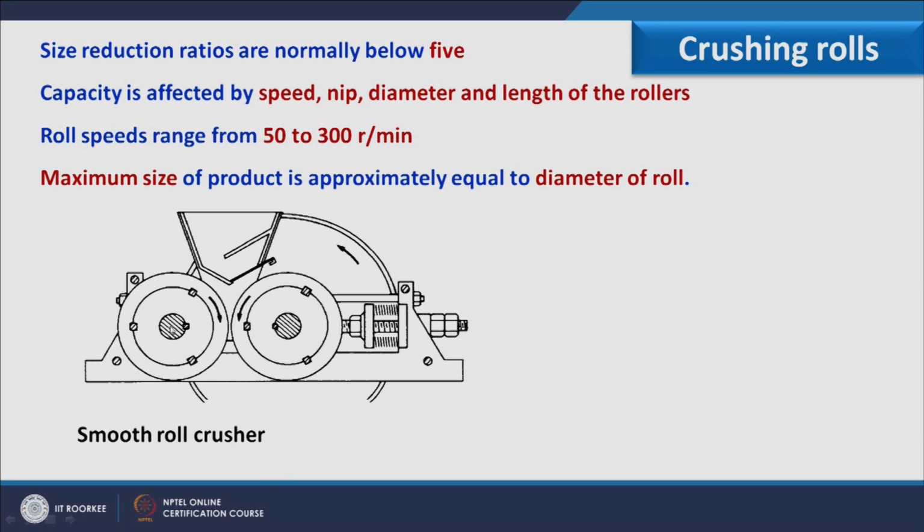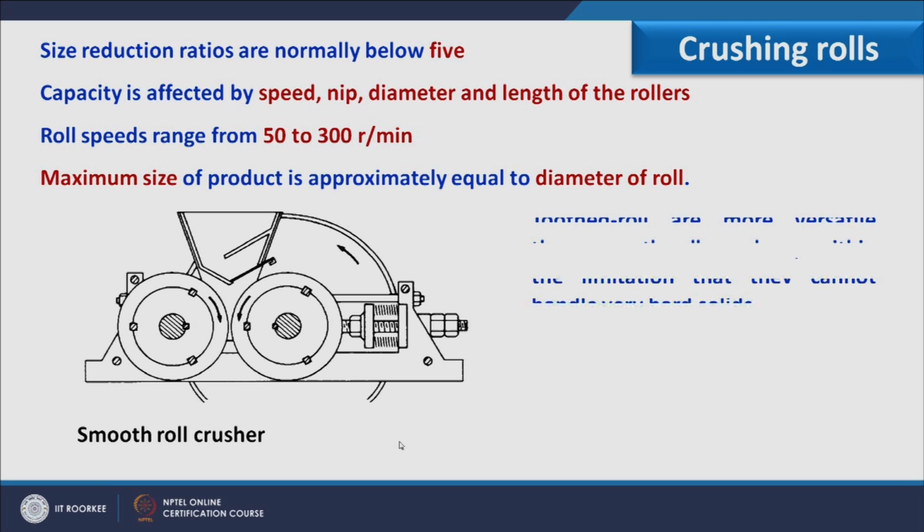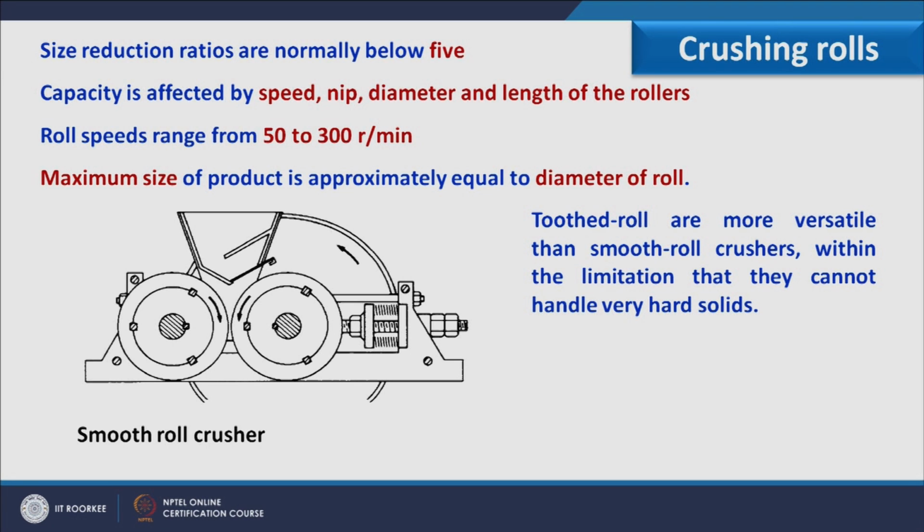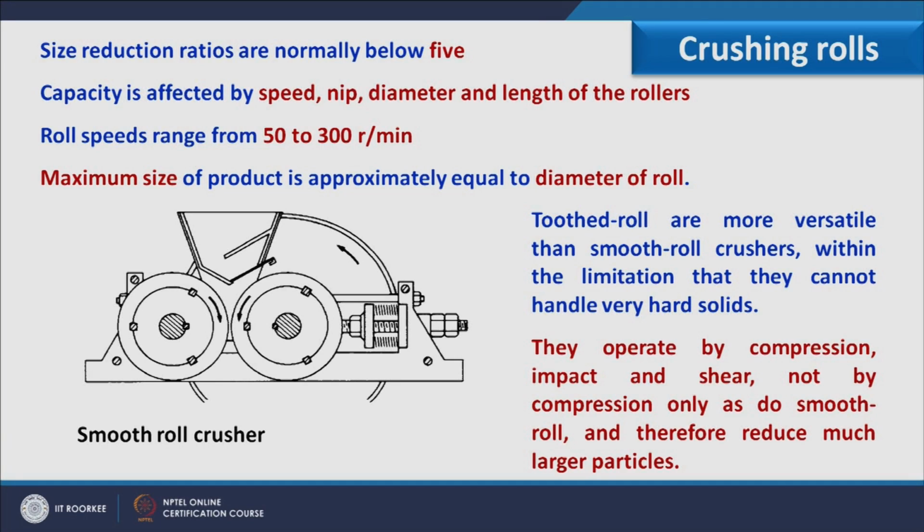and the maximum size of the product is approximately equal to the diameter of the roll. So here we have a double roll with smooth surface, and due to this spring action, if we get very hard material, it can pass through these rolls without causing any damage to the rolls. Toothed rolls are more versatile than smooth roll crushers, with the limitation that they cannot handle very hard solids. They operate by compression, impact and shear, not by compression only as smooth rolls do, and therefore reduce much larger